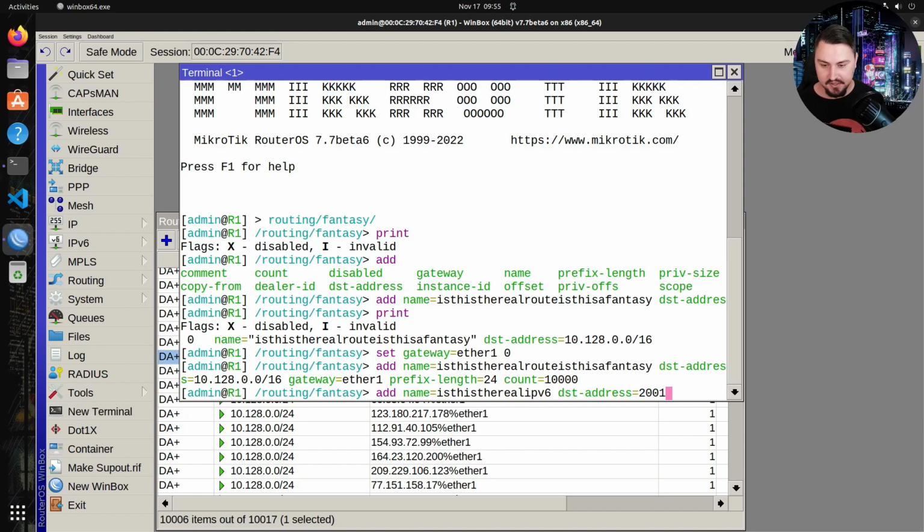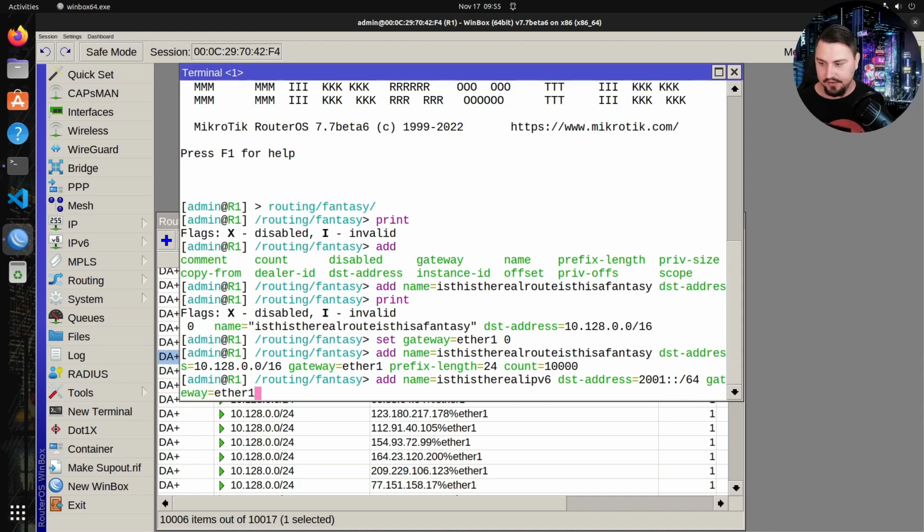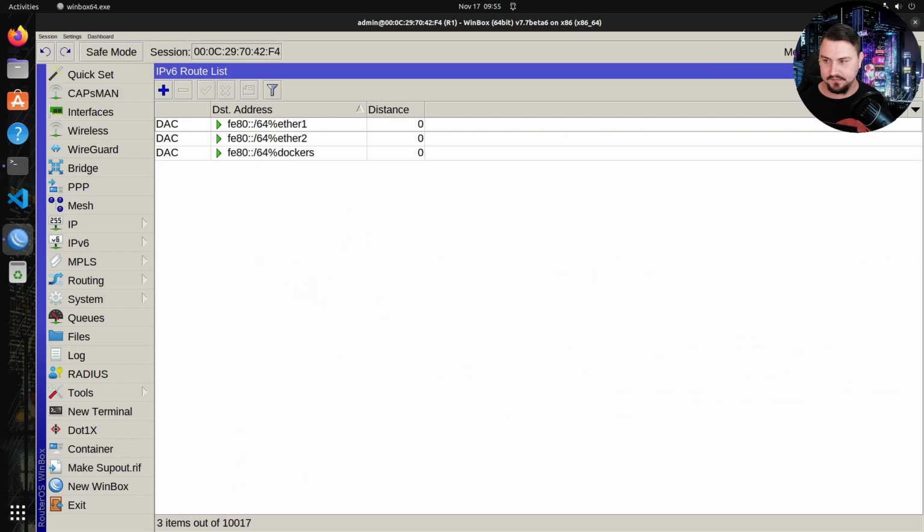So maybe I'll just make it 2001::/64. I will make my gateway ether1 again. And I will also just do a prefix length, and this I'm going to make as a 128, which is a single host in an IPv6 network. And let's just also add maybe 20,000 of these. Wait, that seems a bit much. There we go, 20,000. So let me open up my IPv6 routing table, and we can see this is also